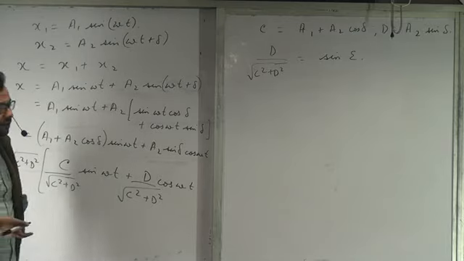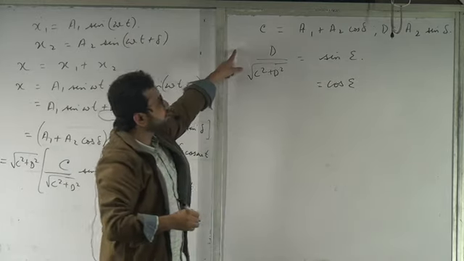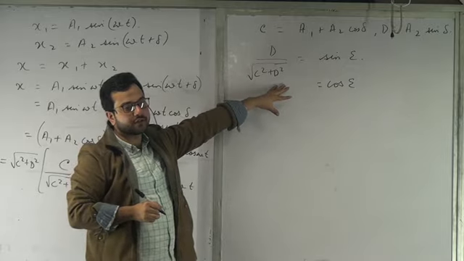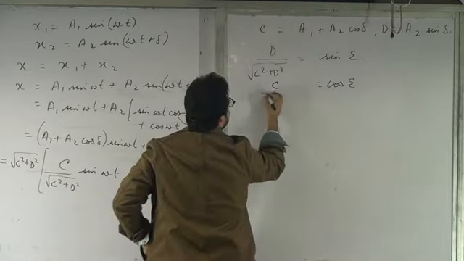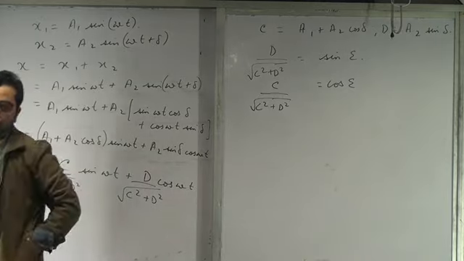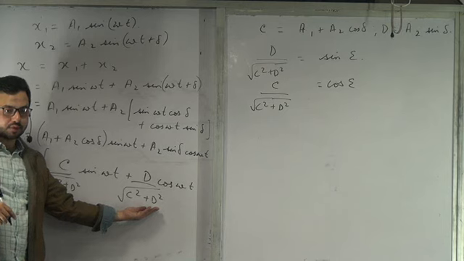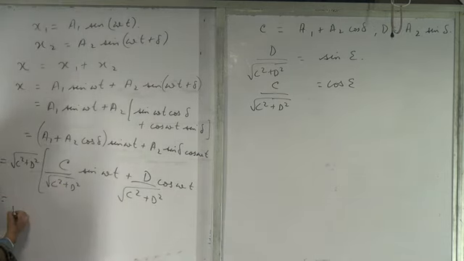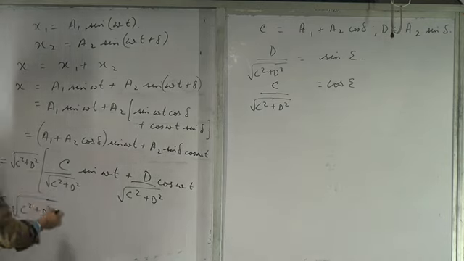Now using this, just find out what is cos epsilon. Cos epsilon would be under root of 1 minus the square of this term. So if you do that, what would you get? You are going to get c upon under root of c square plus d square. So with this substitution, if this term is sine epsilon, this term will be cos epsilon. Is that clear? So I'm going to write under root of c square plus d square, and then I can write it as